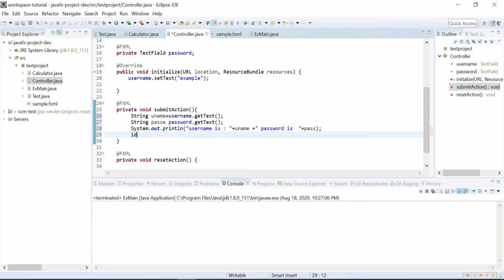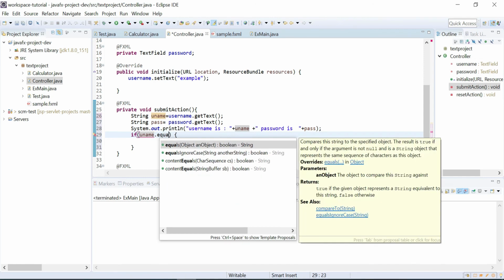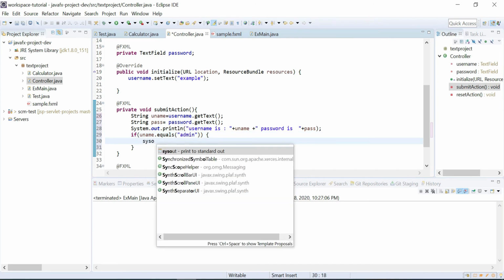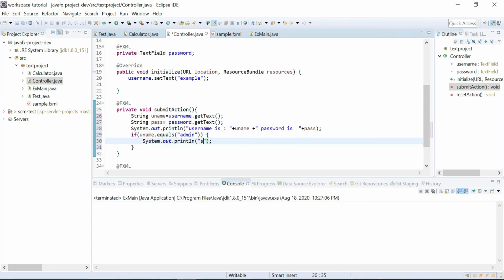So we need to validate: uname dot equals admin, sysout success, else failed login.